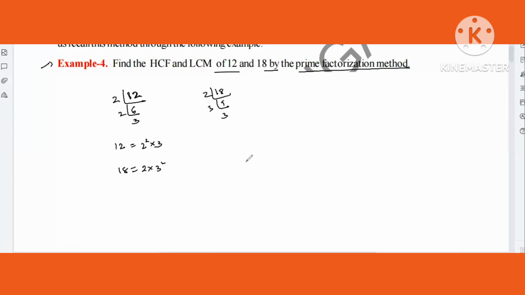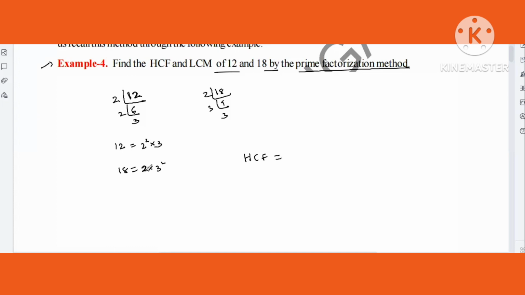So what is LCM, what is HCF? If you want to write HCF, you know that HCF is highest common factor. So here we have to check for the common bases. Common bases means here 2 and 2 are common bases. In that, here 2 twos are there, here only 1 two is there. So how many are common? Only 1 two is common. So that's why we have to write least powers of